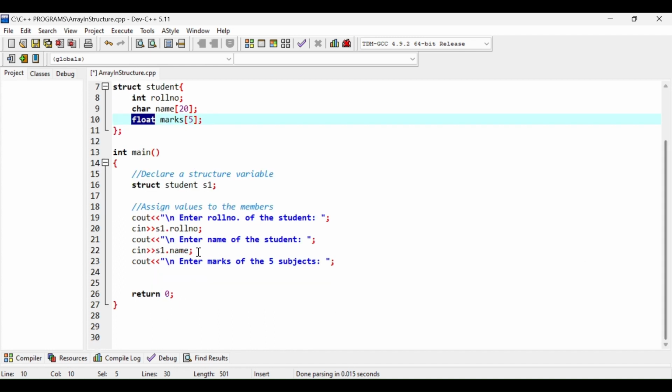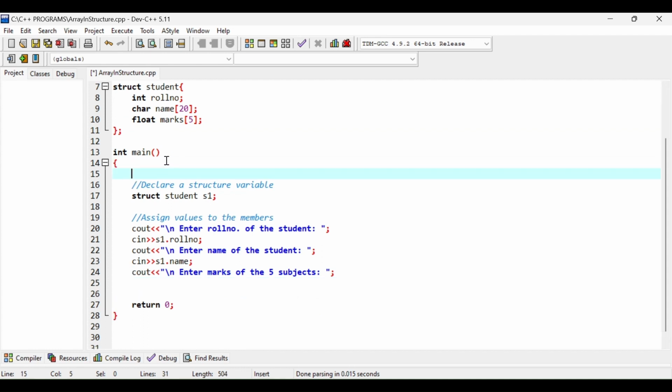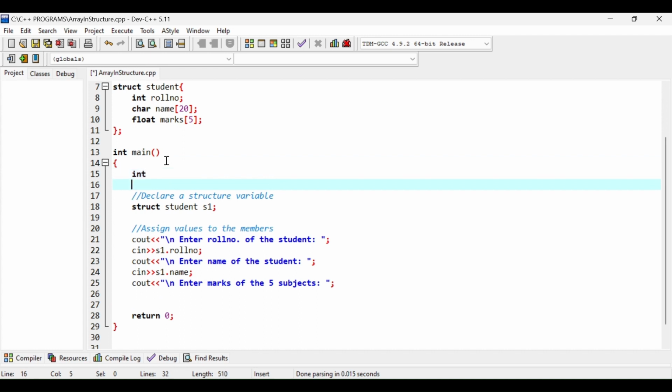So let's do it by typing here, let me declare one variable at the top of the main function. This is int i. This is going to be my loop variable just to keep track of the index values within the array. Now coming back over here, I am typing for i equal to 0. We have 5 subjects within the array, so the marks of the first subject will be stored at position 0, that means index value is 0, and the last value will be equal to 4.